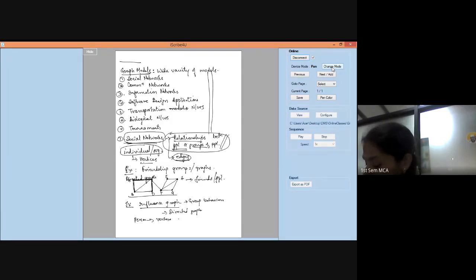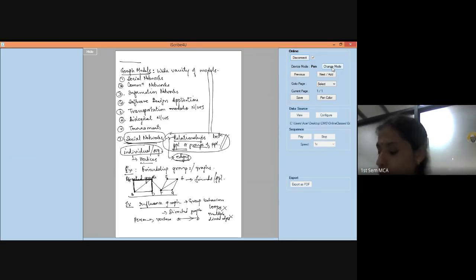When a person A is influencing person B, that is represented as a directed edge. Suppose I put an edge from A to B, that means B is getting influenced by A, or A is influencing B. This influence graph will not contain any loops, because I cannot influence my own self. That is, we are not considering that. Nor will it contain multiple directed edges. These two will not be present in an influence graph.